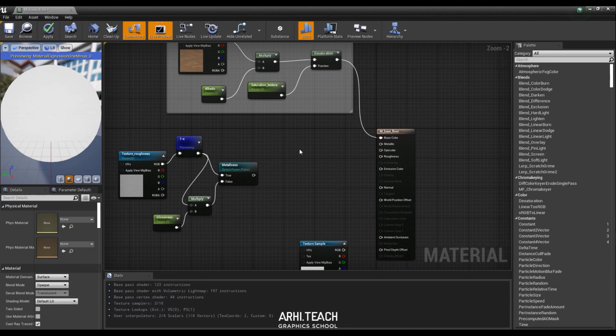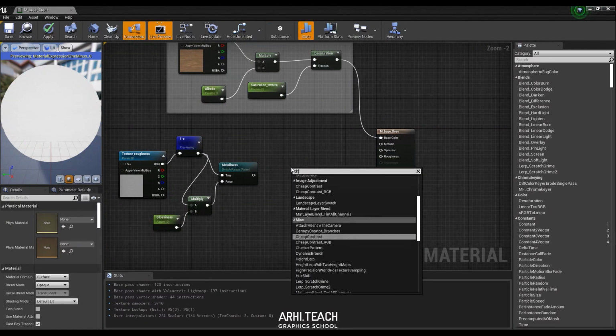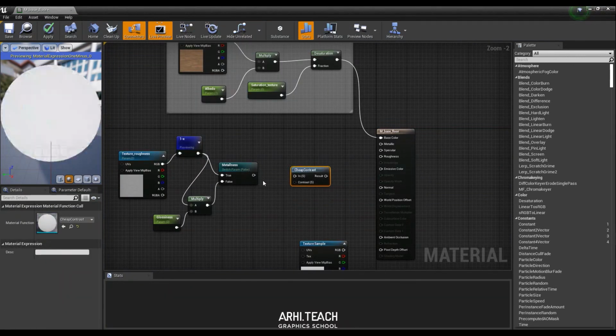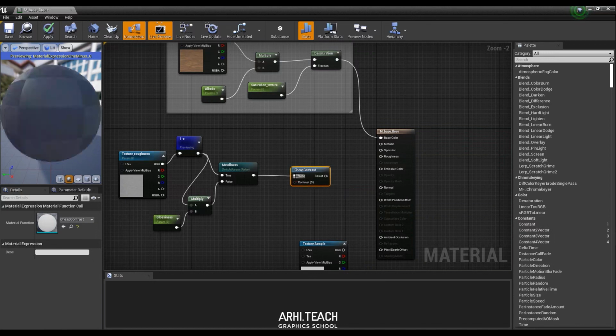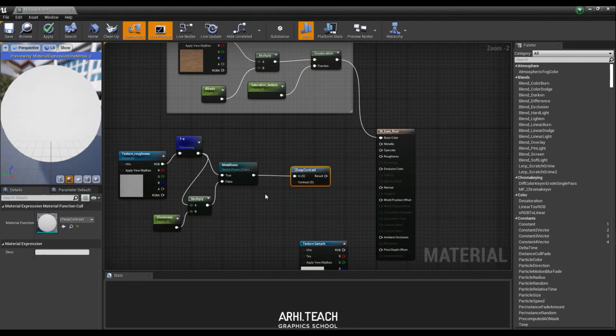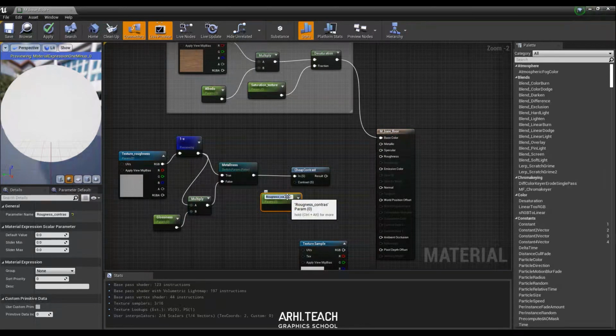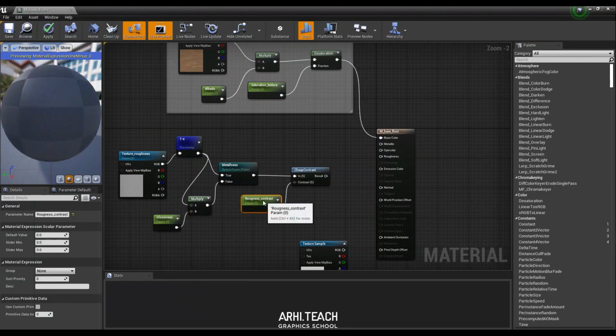Next we need to make this texture more contrasting to control the reflections. The streaks will be more or less prominent. For that we have a cool node called Cheap Contrast. Here it is at the top. Here, to the In indicator, we connect metalness, and we will control the contrast as usual with a controllable parameter that will be called roughness contrast. That's it, we did it and connected it to the appropriate input.